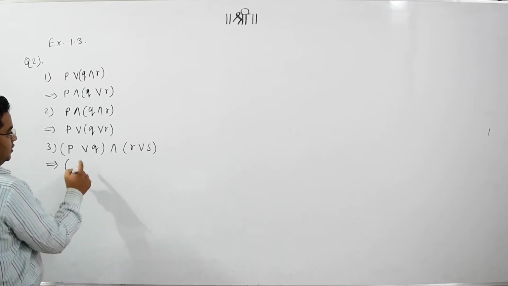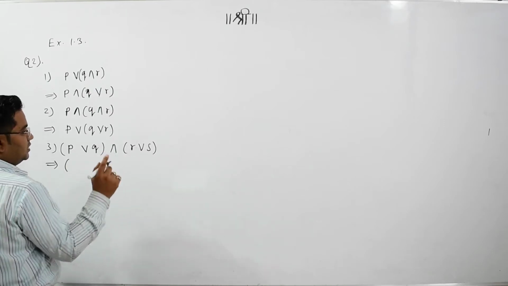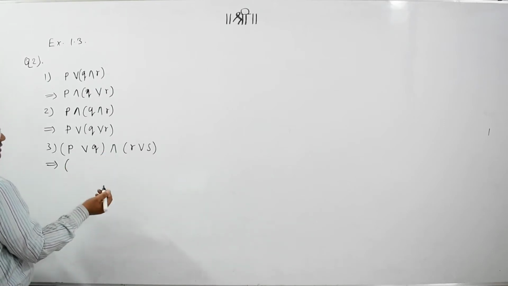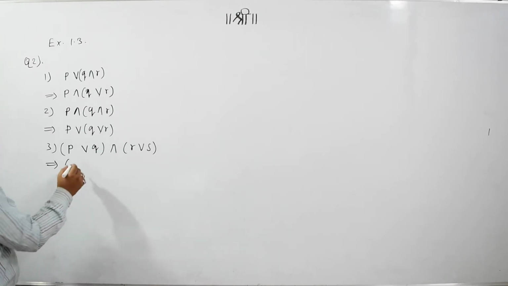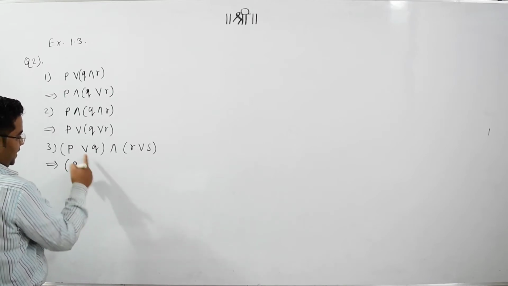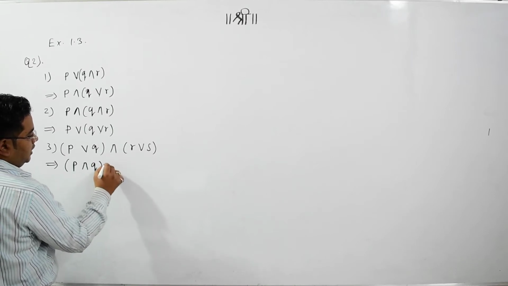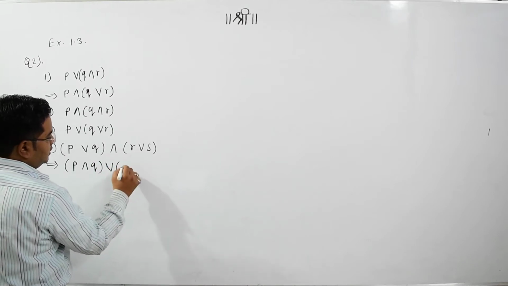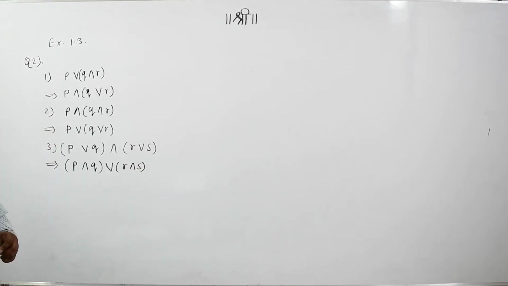While finding the duals, we need to replace the symbols. Here only replacing symbols is possible. If in case they give us T and C, then we need to replace T with C and C with T. Let me show you. So P and Q, and here will be R, and again R and S. So this is the dual of the given statement. Just look at it if you understood. That's what we are doing in this case.